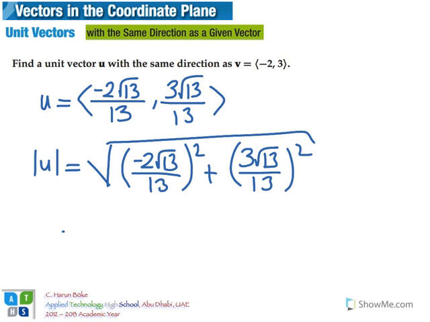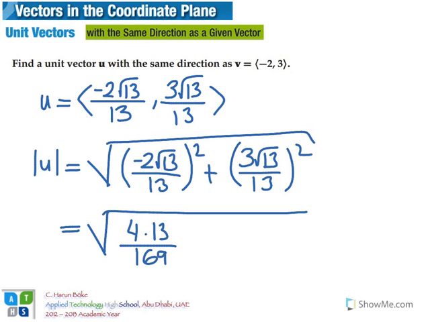So it will be, again in the square root, 4 times 13 over 169, since I take the square of every single number here, plus 9 times 13 over 169,